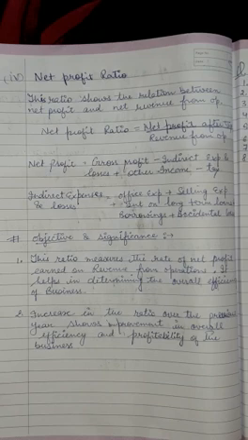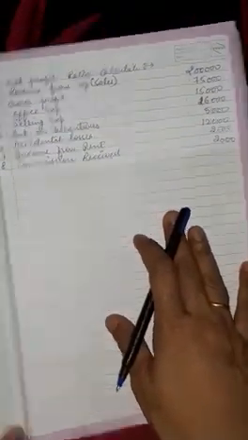It helps to determine the overall efficiency of the business, whether the business is working properly or not. An increase in the ratio over the previous year shows the improvement in overall efficiency and the profitability of the business. If the ratio is increasing, then it shows the profitability and the efficiency of the business. Now here we are going to solve a question related to the net profit ratio, and for calculating